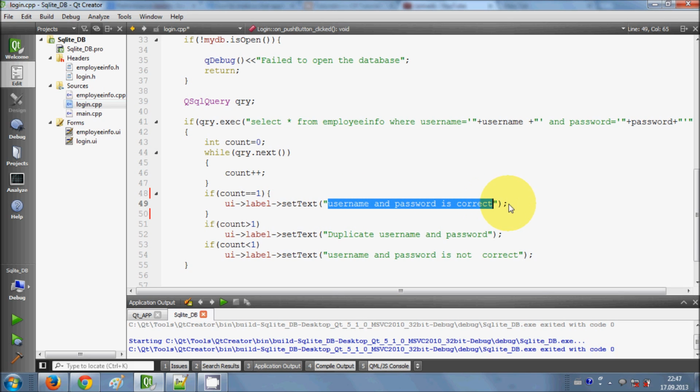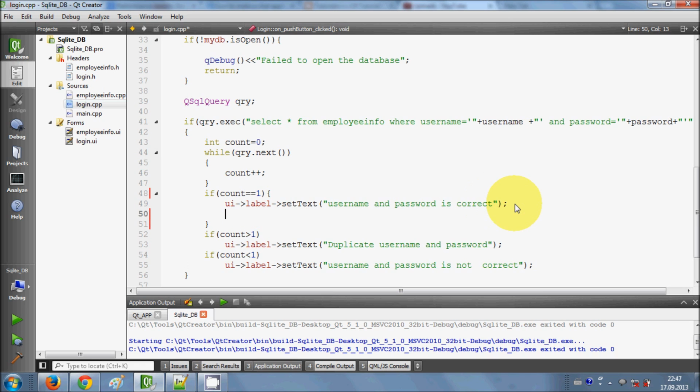And if our username and password is correct, we want to open the new window and hide this login window, right? So first of all, we will display the same message, our username and password is correct, and then we will say this